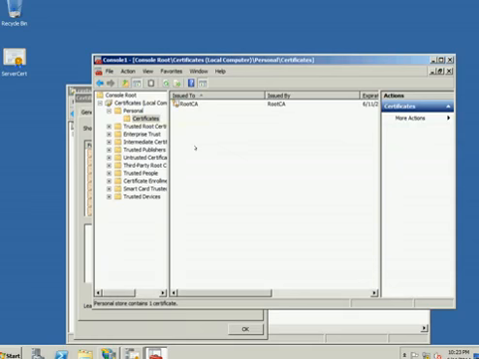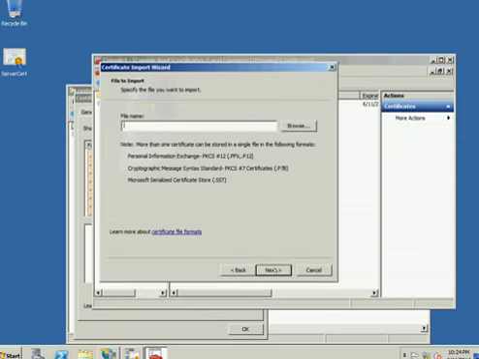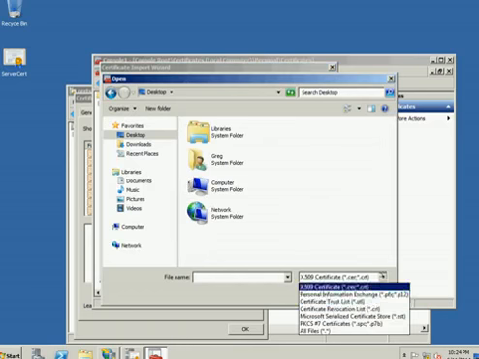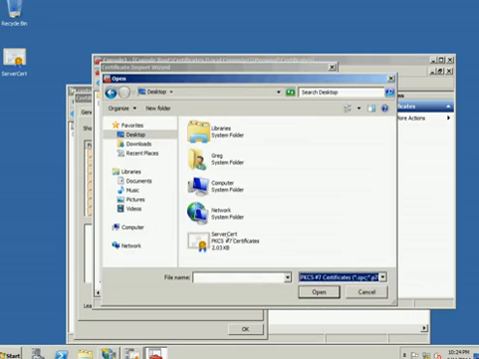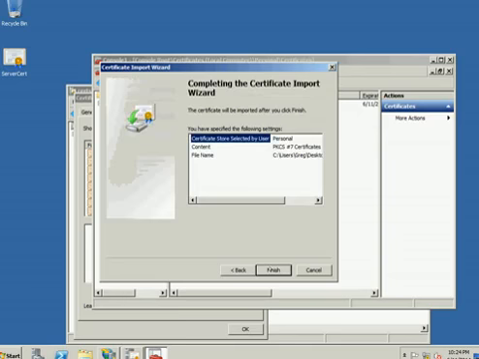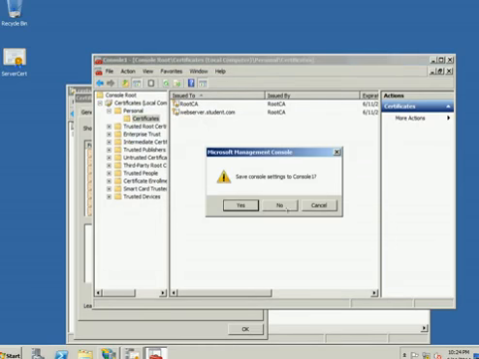We need to add the server cert, so we're going to right click. We're going to select all tasks, and we want to import a certificate. And we're going to browse to the certificate we had previously exported. We might have to go to all files or P7B just so we can see it. Go ahead and double click on that. Next through that, and we want to place it in the personal store, so it already did that for us. And our import was successful, so now we see we have the webserver.student.com certificate. So we're going to close this,